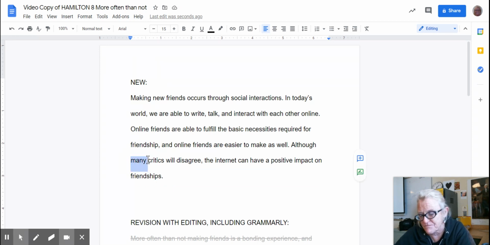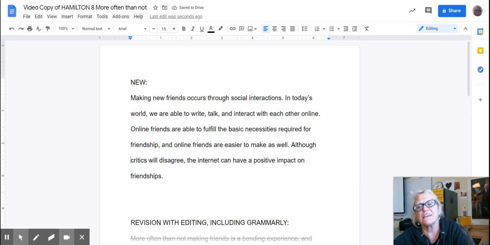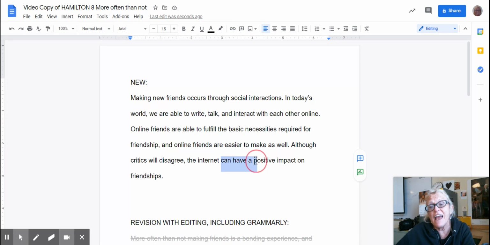Okay, this is a word I could also get rid of. I don't need that. Although critics will disagree, the internet can have a positive impact on friendships. And if I want to make this stronger, the internet has